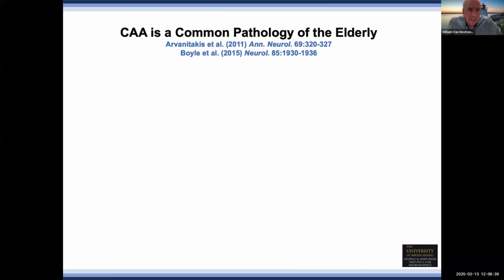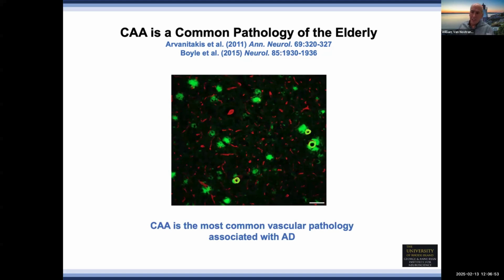So to talk about CAA, again, this is a very common pathology of the elderly. There have been a number of studies that have estimated that more than 50% of individuals over the age of 80 have some level of CAA within their brains. And the fact that CAA involves the amyloid beta peptide, it's not surprising that it's the most common vascular pathology